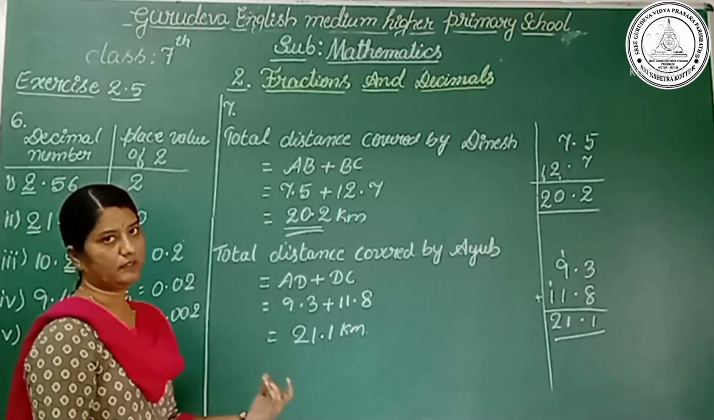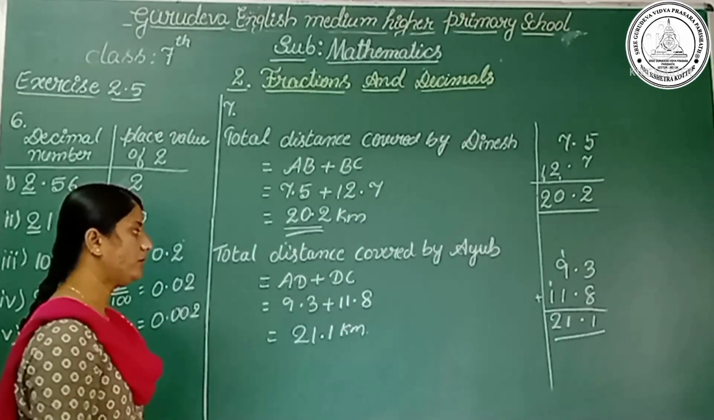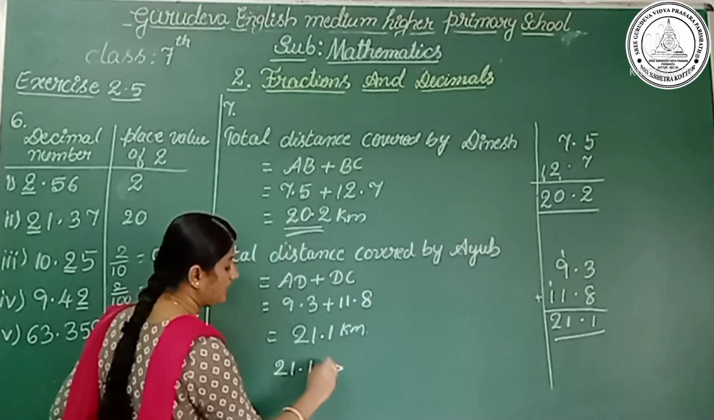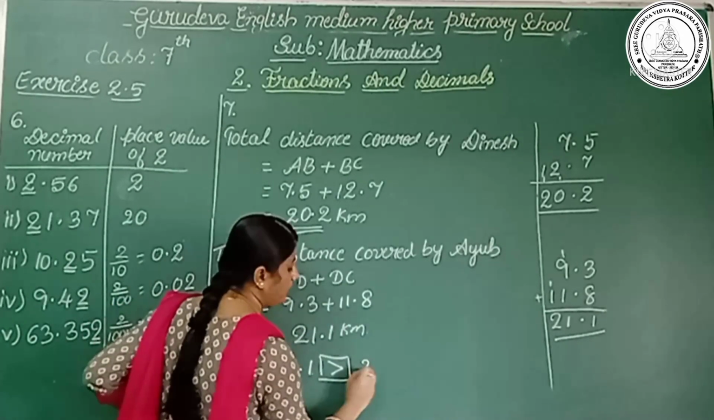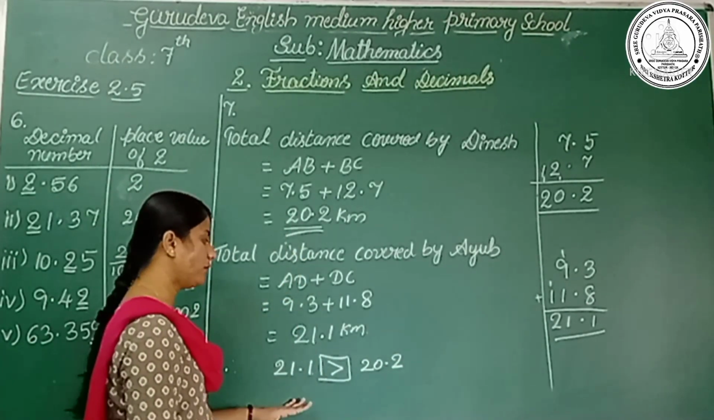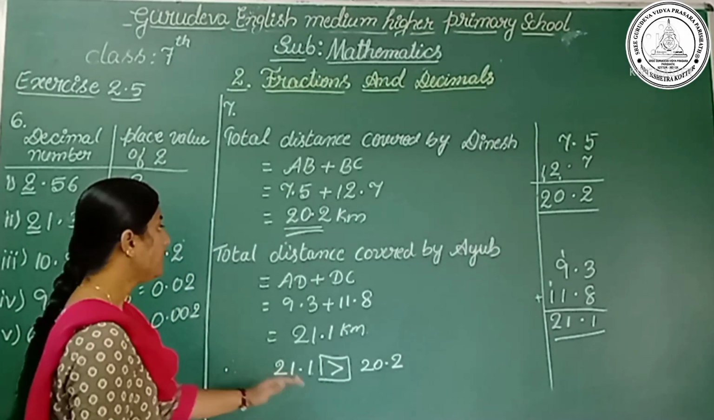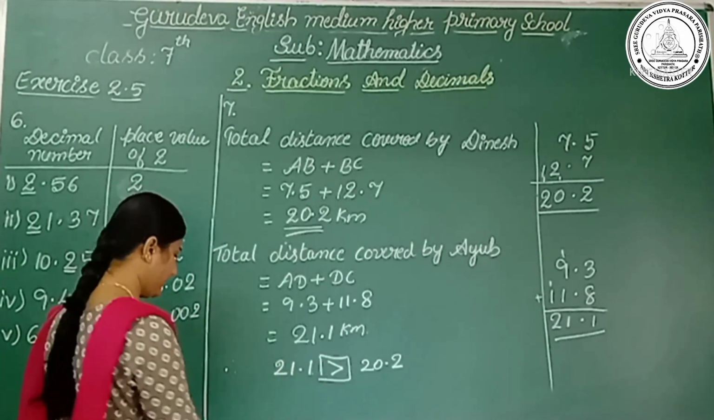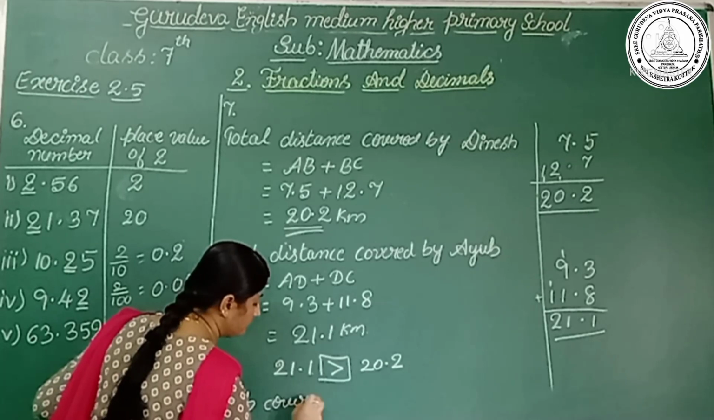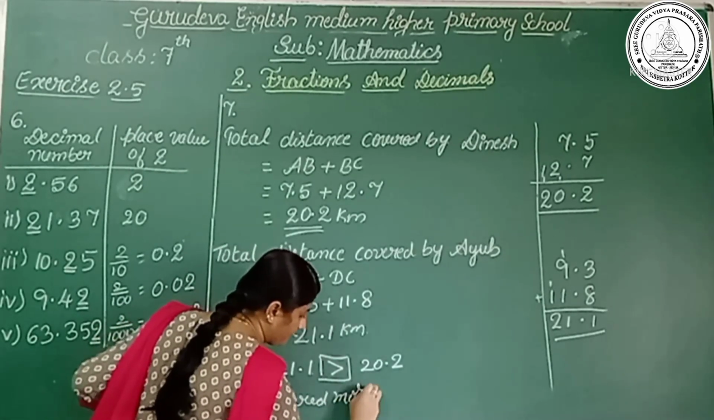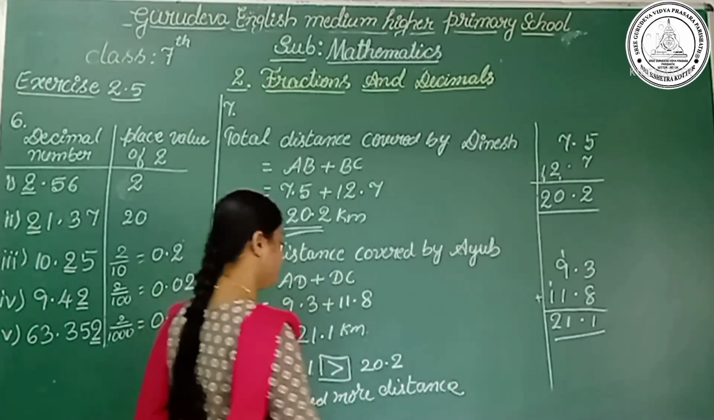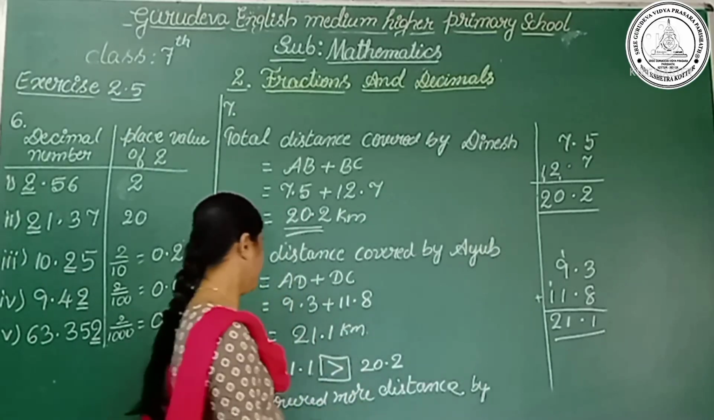Who traveled more distance, or who covered more distance? So therefore we can say that 21.1 is greater than 20.2. By how much, they asked, no? So we want to subtract these two. So Ayub covered more distance by how much? Let's see here. Ayub covered more distance by, so subtract here 21.1